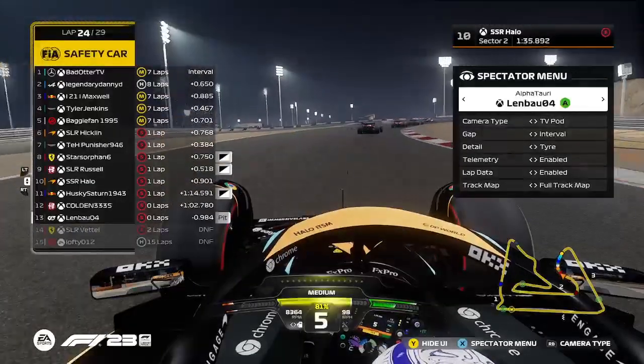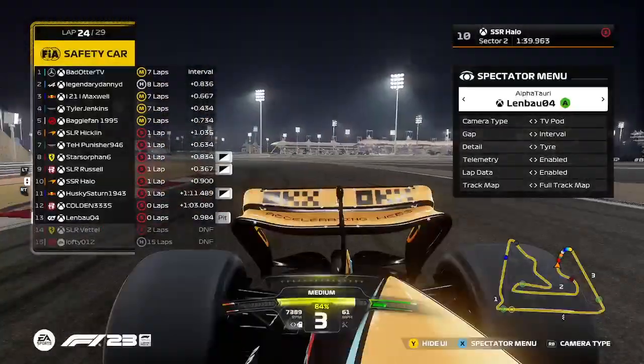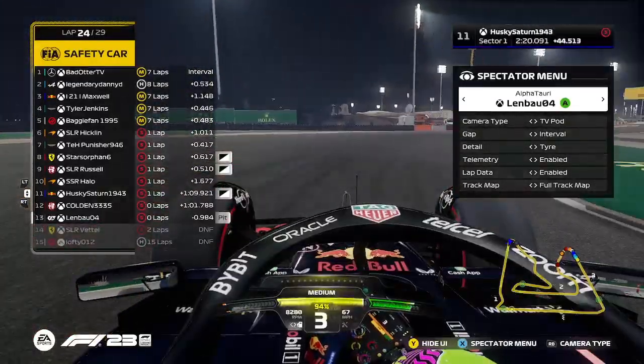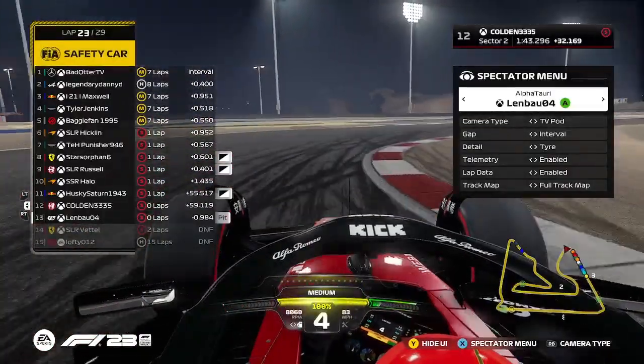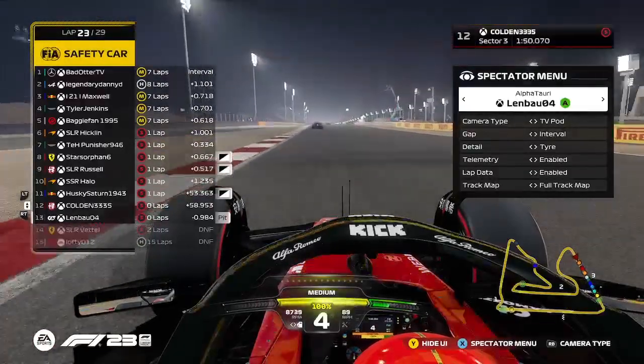I'm really confused because... So Halo's at the back. Husky Saturn is showing... okay, because he's a lap down. I'm not confused anymore. My brain hurt. What's happened here? So,